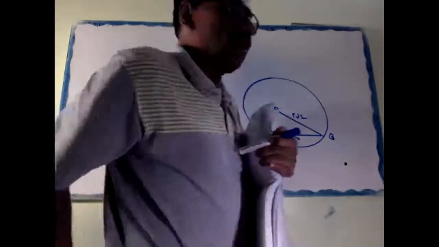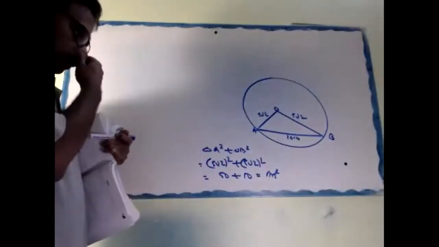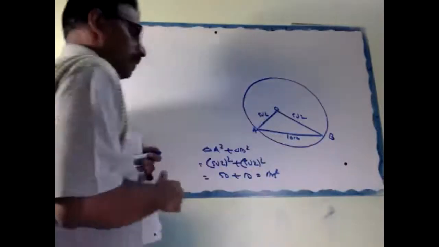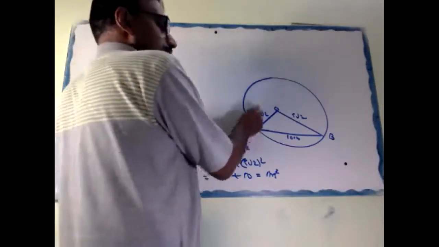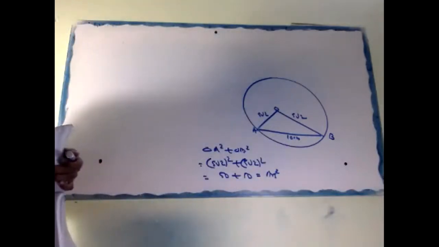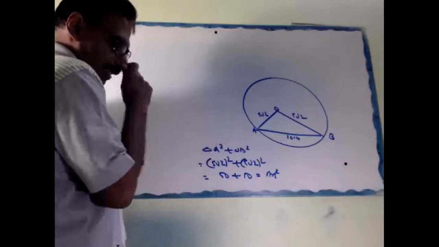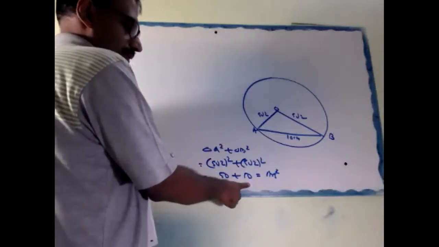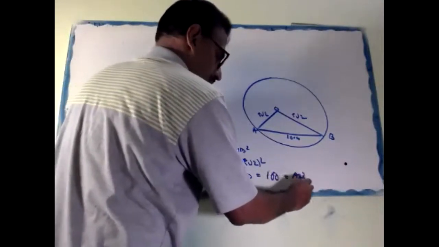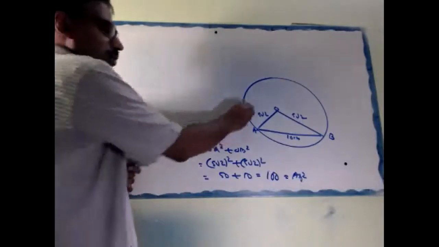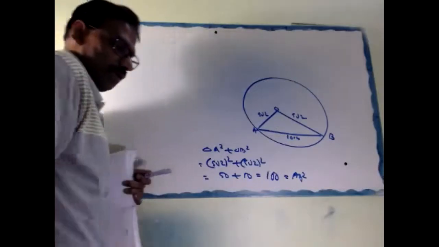First write that one. In triangle AOB, OA square plus OB square equal to 5 root 2 whole square plus 5 root 2 square. That is 50 plus 50 equal to 100 equal to AB square. Correct or no? Therefore, AOB is a right triangle. Now you can find out, right?